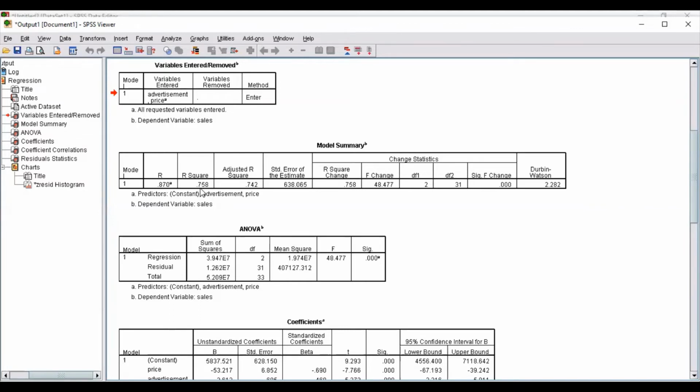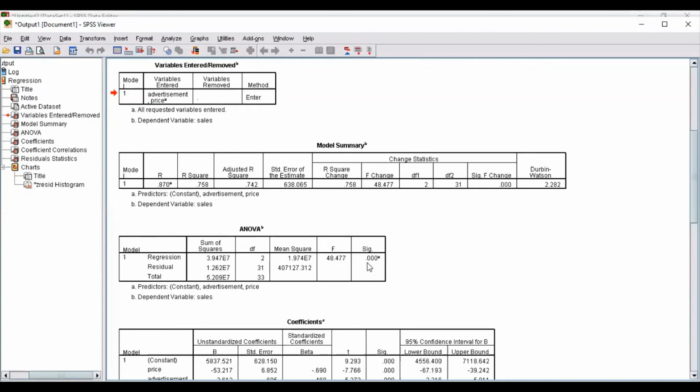The next is the results for the ANOVA, which shows the fit of the model. You can see here the F statistic value and the significance value. You can check the significance at 1% level, at 5% level, or at 10% level also.